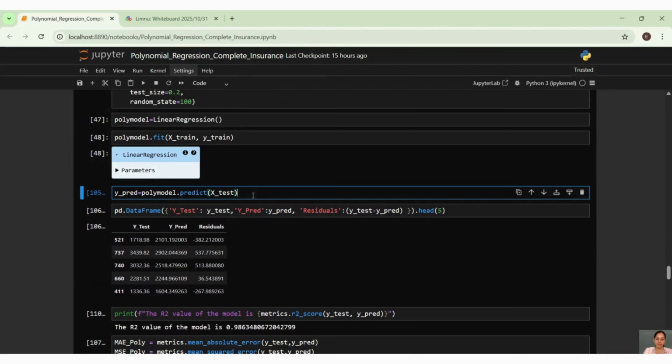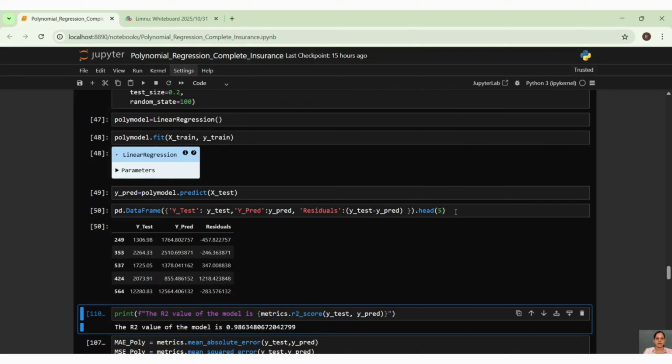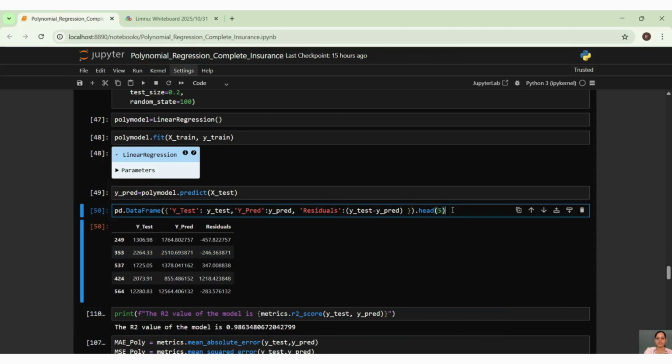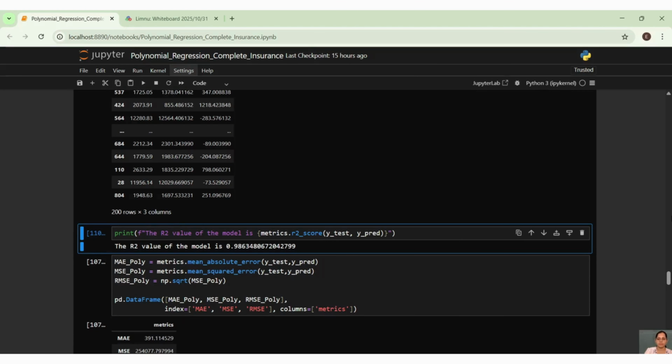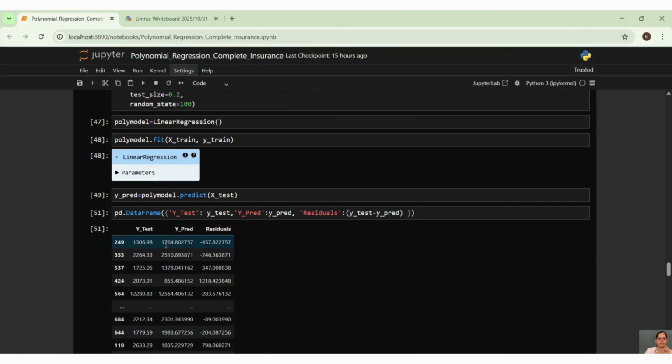So now I have trained my model by x train and y train, by taking the training data. Now I'm predicting my data. I have predicted my data, and here is a comparison I have got when I'm taking my test data, my predicted data, and the differences between them. If I take the complete data, it's going to be huge. 200 rows it came, because out of 1000, what is your test data? It's 200, right?